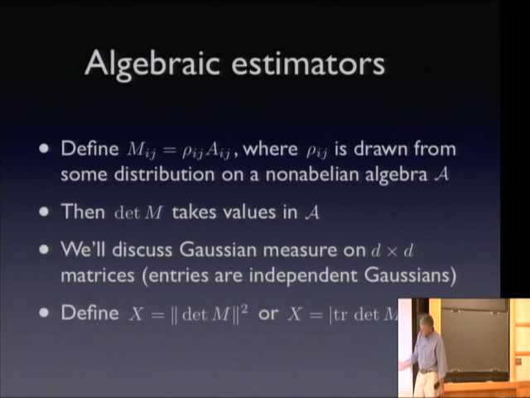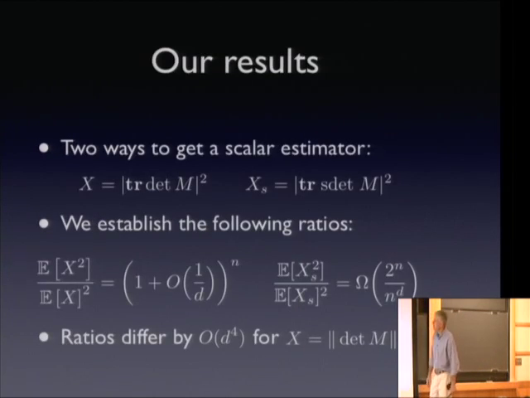I'm actually going to talk about something slightly different. It turns out the analysis for these is essentially the same, but this uses less ink, so I'll focus on this one. In this case, we're going to take the determinant of what we get, take its trace, and look at the norm squared of that. Like I said, there's essentially no significant difference between these. Okay, so with that choice of the algebra of d by d matrices with Gaussian measure and working with the norm squared of the trace,